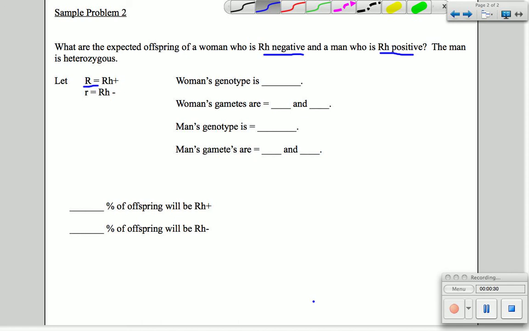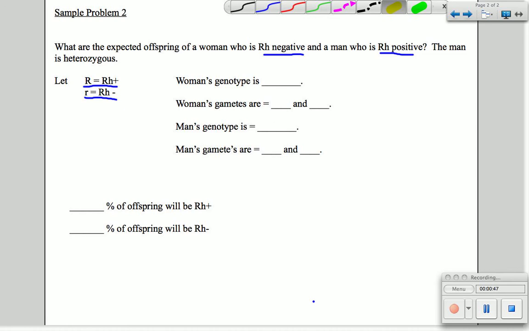Rh positive is the dominant phenotype. Rh negative is the recessive phenotype. So we have our key here. Let's consider the information that we're given in this problem. In this problem, I want to know what the expected offspring are, that gives us the clue that we're doing